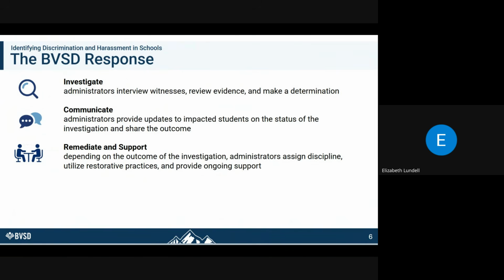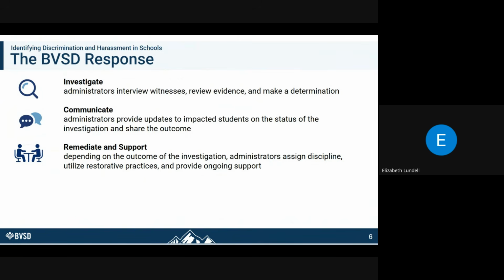Depending on the outcome of the investigation, administrators take action at school that is designed to prevent any bullying, harassment, or discrimination from happening again in the future. Such action can look like discipline, the use of restorative practices, including restorative education, and providing ongoing support for the impacted students. Now that we've reviewed BVSD's expectations and the BVSD response to incidents of discrimination, harassment, and bullying,